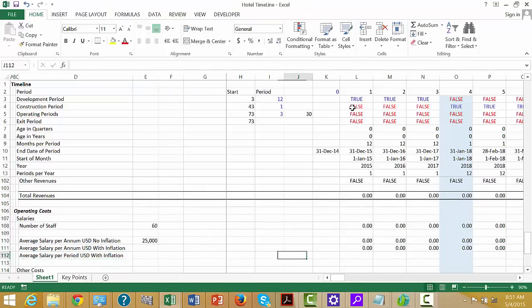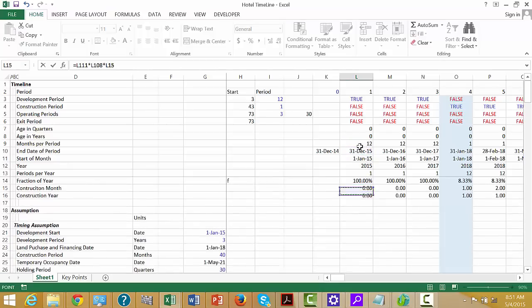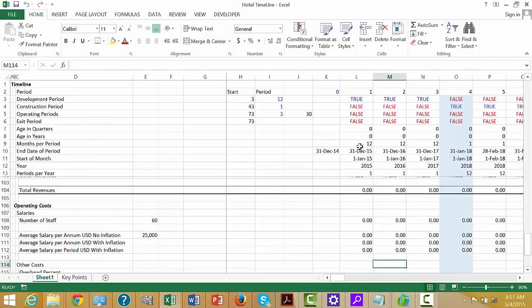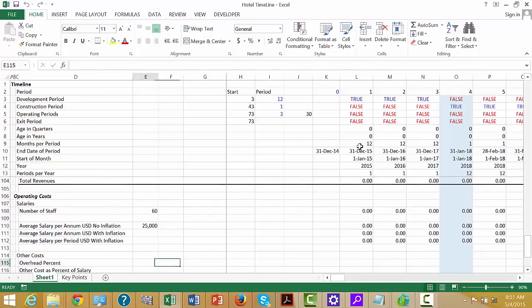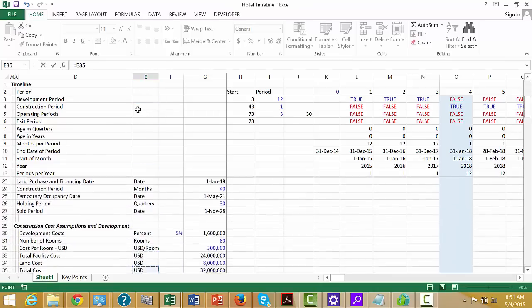Then what we can do is do the same thing. I did it quickly last time, but what we can do is take this salaries, multiply it by the number of staff, but then since that's on an annual basis, we better adjust this for the percentage of the month. Now, then we'll put our overhead costs, and why don't we just do it like this? So overhead